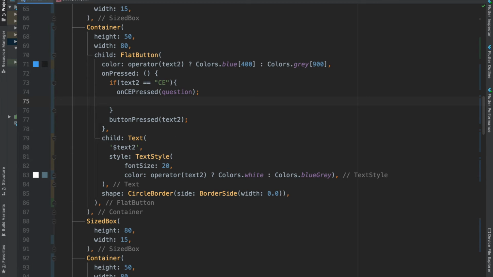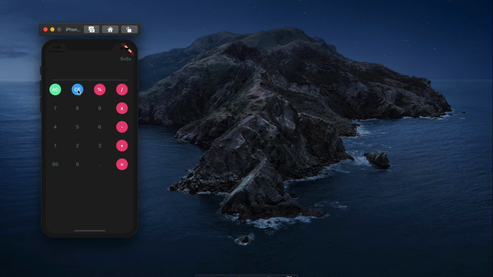And we also want to delete the answer when this button is pressed. So for this, I will call the method buttonPressed. And if it does not satisfy this condition, then we will simply print the same value of the text2. So I'll add the else here. Now let's see whether this works fine or not. Now as you can see in the screen, once I pressed this button, the last entry is getting erased, and once I press this button, the whole content is being erased. So yeah, this is working fine.